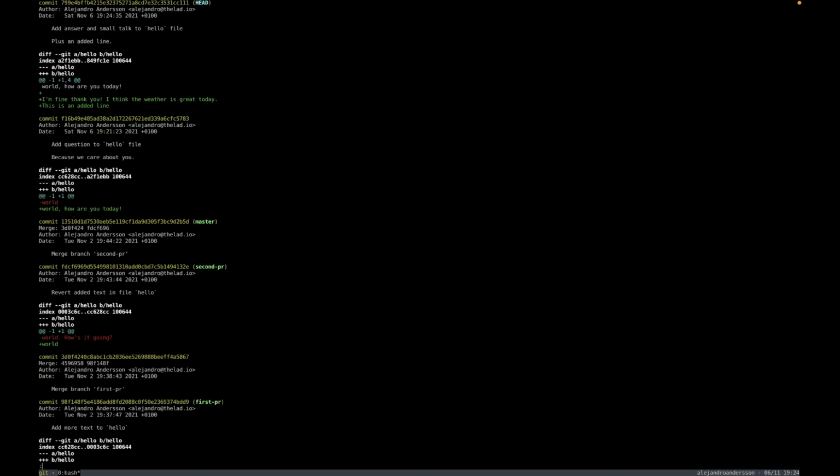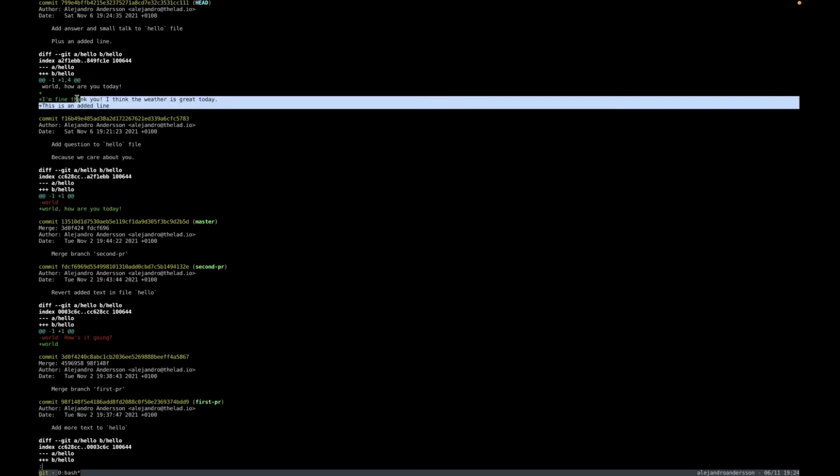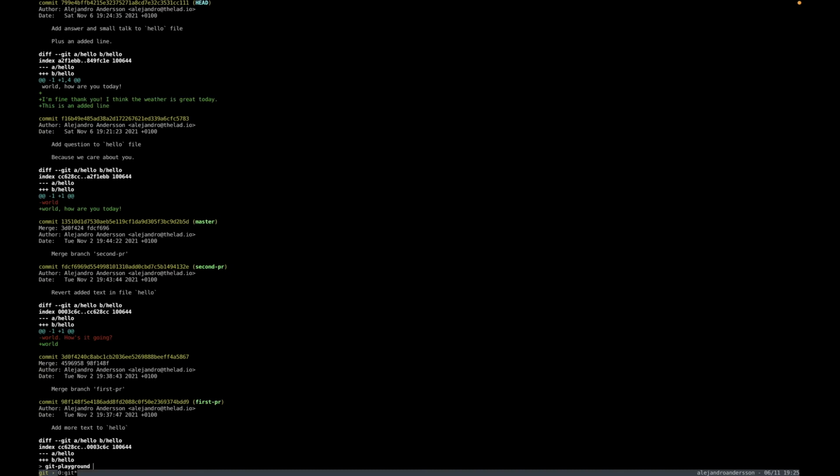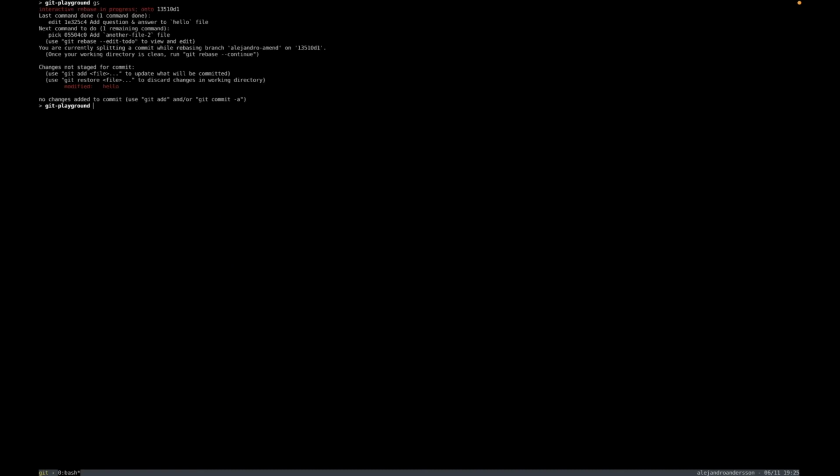Looking at the git log -p, since master we have 2 commits. The question and then the added answer with some small talk and then added line. What do we do with the modified changes? I say we don't need that. We're happy with the change that we made. So actually, yeah, let's just